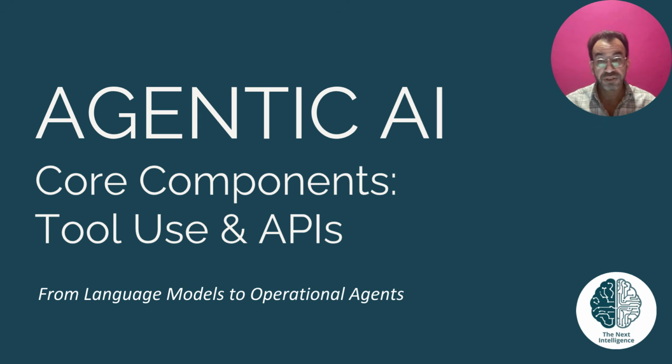Today we are moving to the last component of the core components of Agentic AI, tool use and APIs. This component is what really transforms language models from being text generators into operational agents, operational systems, and so on. In today's video, we will take a deeper dive into some elements of tool use and the considerations that we will look at here,